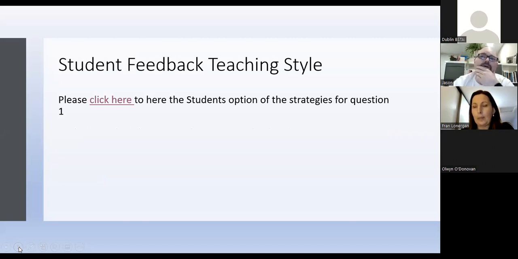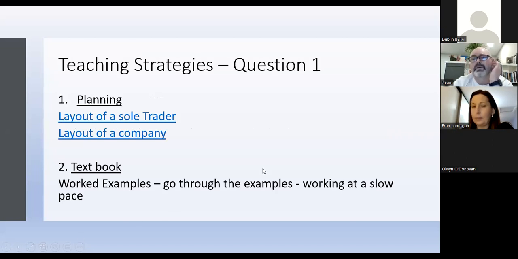So I got my accounting through first year and second year in college, so I had to teach myself the course. I remember the first time I came out and got a higher level Leaving Cert class, staying up until 2 or 3 o'clock in the morning trying to figure out one question. I found it really, really hard and really challenging.